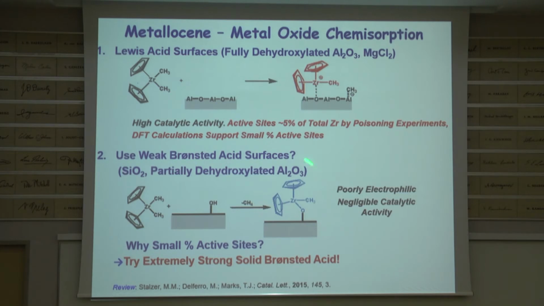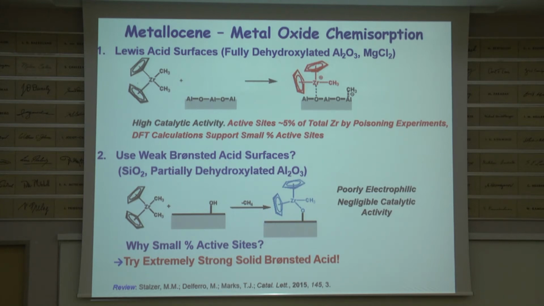Somebody said, oh, you dummy, you shouldn't have used alumina, you should use silica. So silica is a weak Bronsted acid, which means the conjugate base is a strong base. And in fact, this one is completely dead. You can see in the NMR all the hallmarks of something that looks like an alkoxide rather than this 14-electron cation. So then you say, well, what would happen if instead of a weak Bronsted acid, which has a strong conjugate base partner, I use a really, really strong Bronsted acid? What might I see then?